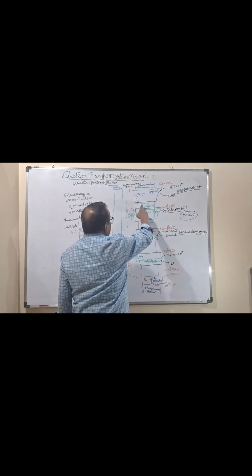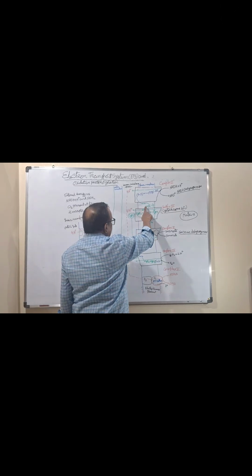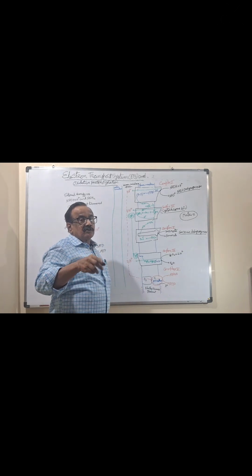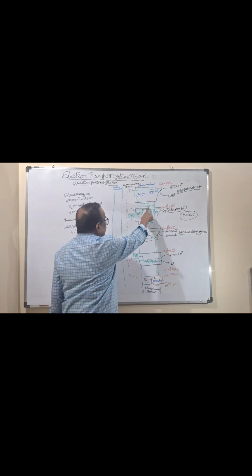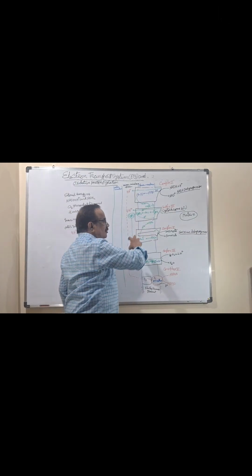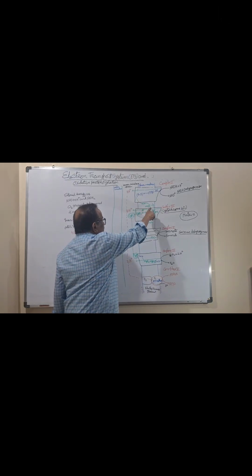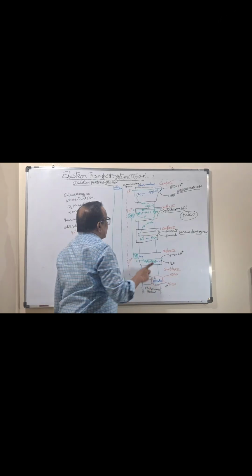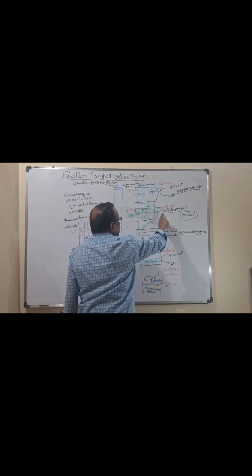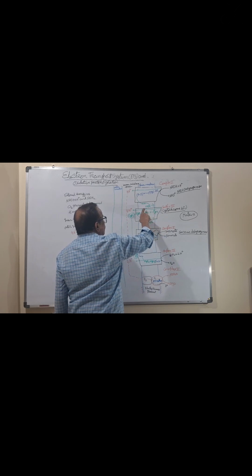The ubiquinone will become ubiquinol by taking 2 protons. That word is given in the text as ubiquinone, bracket, ubiquinol. This is the ubiquinol, remember it. So ubiquinol will again be oxidized, because hydrogen is there, and split into electrons and protons. The electrons will be sent to complex number 3, and these electrons will be received by cytochrome B, as complex 3 contains cytochrome B and C1. So cytochrome B will receive the electrons from the ubiquinol,